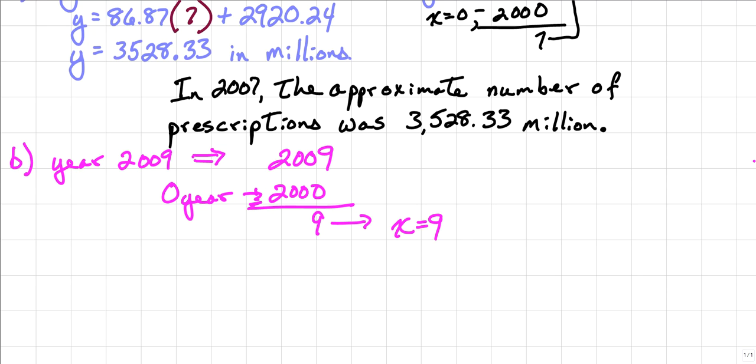Alright, so we're going to use the equation again, and we will have y is equal to 86.87, and notice that nothing really changes except for this x value. We're going to multiply that by 9, and then we're going to add to that the y-intercept of 2,920.24. And now we can go ahead and calculate this, and y is equal to